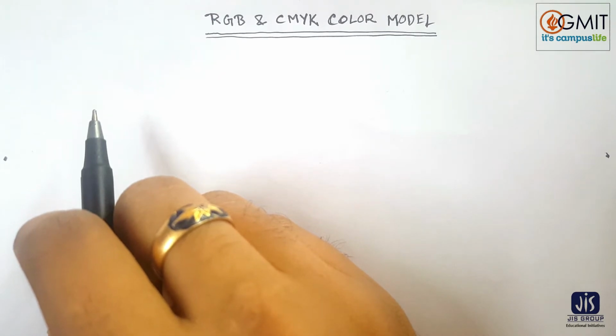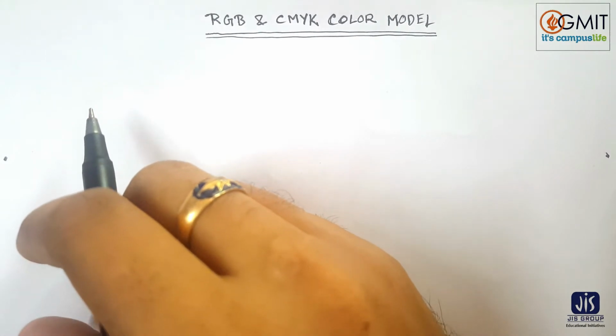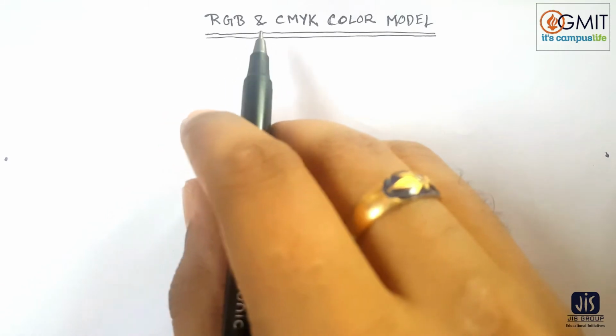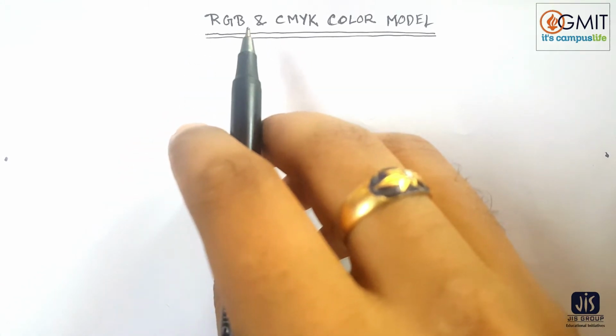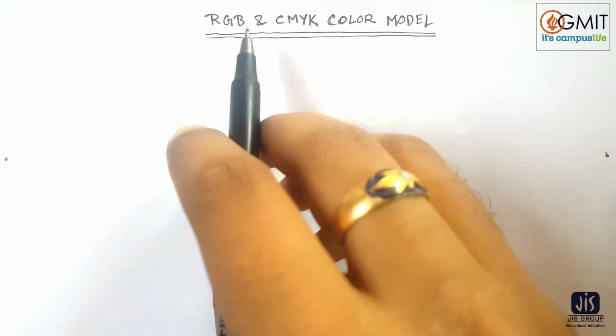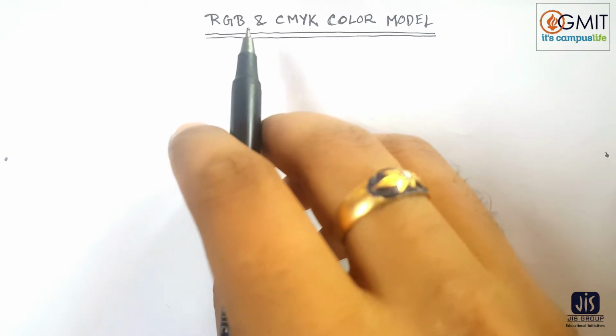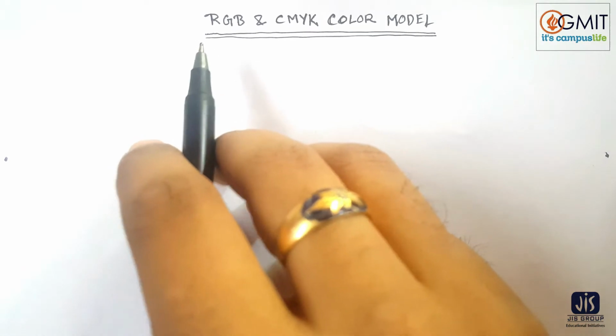Okay, let's start the session, starting from the RGB color model. RGB stands for red, green and blue. Red, green and blue color model. This is an additive color model. What does additive actually mean? I will discuss it later, but first